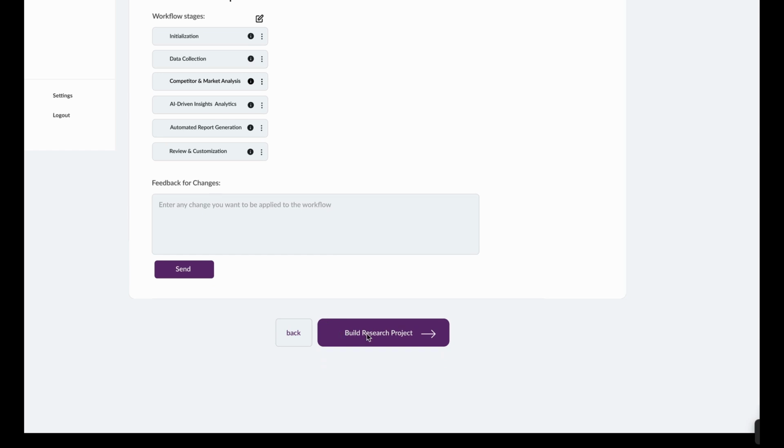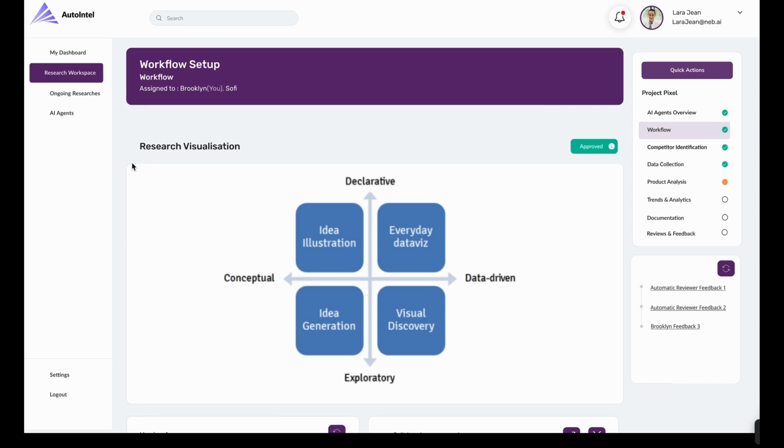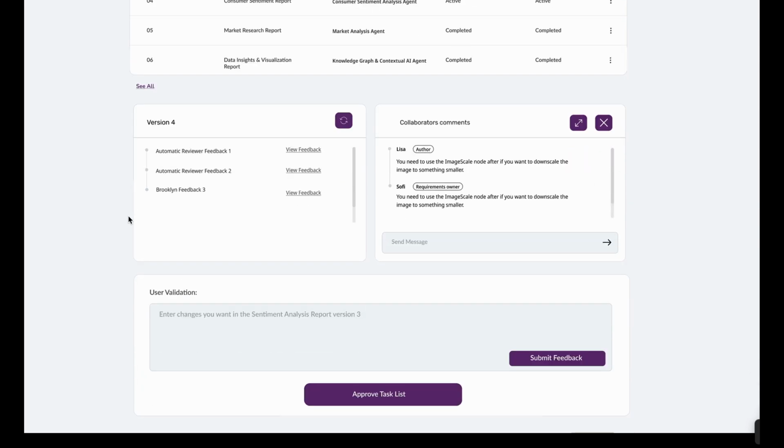As you move further, you'll meet your AI agents, each assigned to specific tasks like data gathering, competitor analysis, and trend forecasting, using the latest AI models and research tools. The entire research process is mapped out in the Workflow Visualization tab, where you can review tasks, AI agents, and